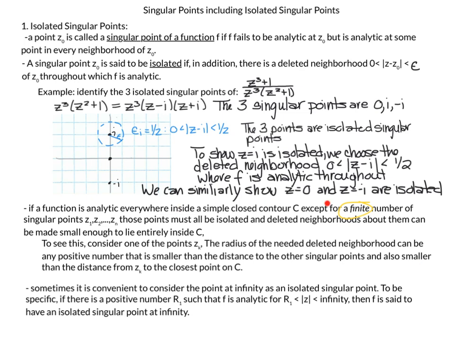And in this case here, we also have a closed contour. So if we want to keep our neighborhood in the closed contour, the other thing we need to do is take our radius smaller than the distance from z sub k to the closest point on the closed contour. Finally, our last point is sometimes it is convenient to consider the point at infinity as an isolated singular point,